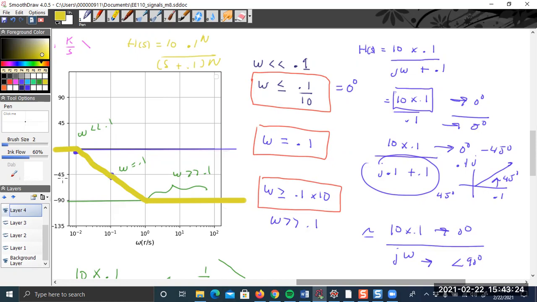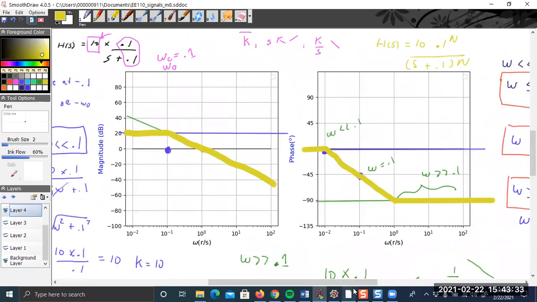If it's 3, it's 45 times 3, 90 times 3, right? And then on the magnitude, right, if it's 1 over s, it's 20 dB per decade. But if it's 1 over s cubed, then it would be minus 6 dB per decade. And